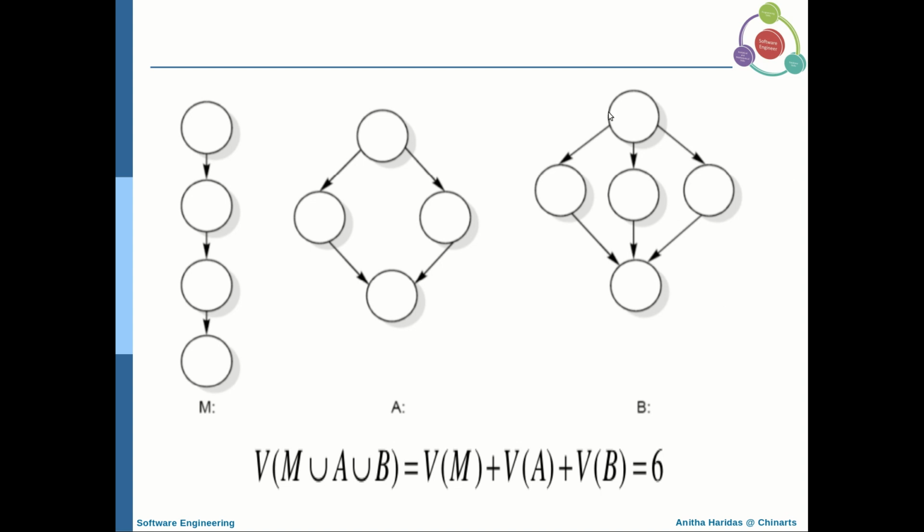If you have a flow graph drawn independently for each function, calculate the value of M, then the value of A, then the value of B, and add them together. You will get the complexity metric of the given source code. So you will have 3 different components here.